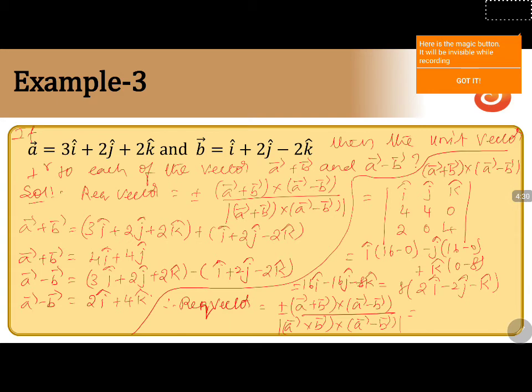The numerator will be plus or minus 8 into (2i minus 2j minus k), divided by the square root of 2 square, which is 4, plus minus 2 whole square, which is 4, plus 1. It becomes 4 plus 4 plus 1, which is 9. The square root of 9 is